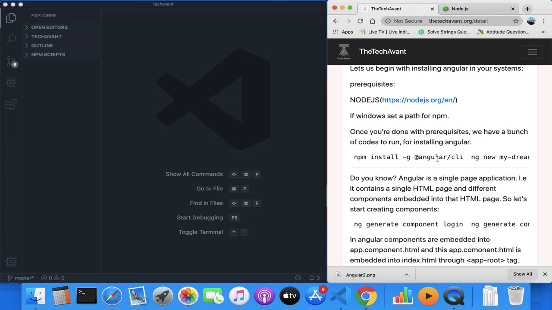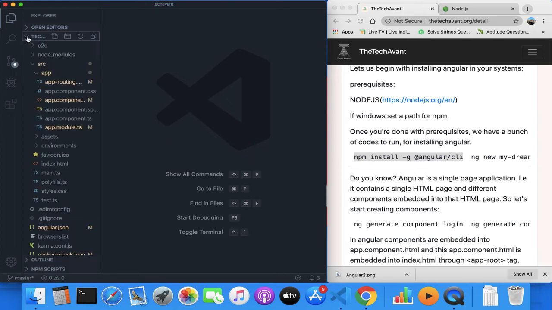Then follow this code, npm install -g @angular/cli. This is the command to install Angular. You need to run this command in the particular directory where you want to run your Angular app.